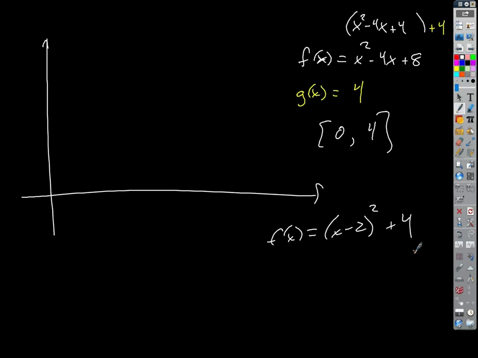2, 4, okay. So we're going to go over 2 and up 4. And then it's just a normal looking parabola, right? Because a is equal to 1, so I'm not stretching or dilating it vertically at all. So we would just go over 1 and up 1, over 1 and up 1, over 2 and up 4, right? So it's going to look like that kind of a thing. And here's this line,